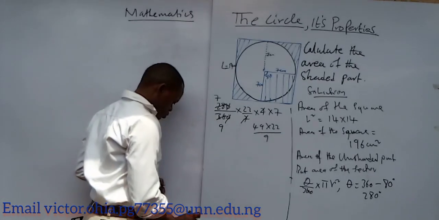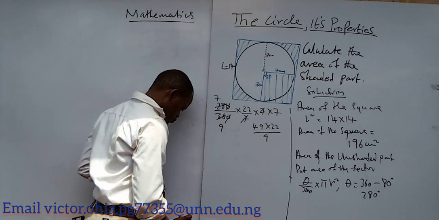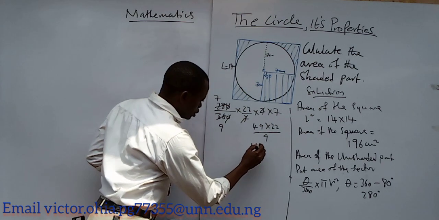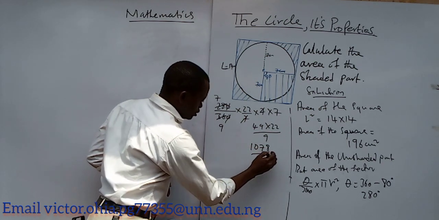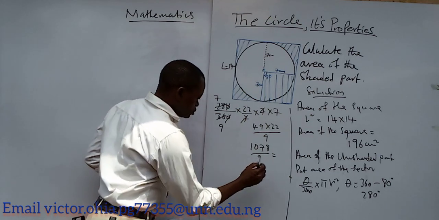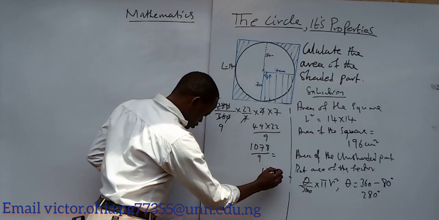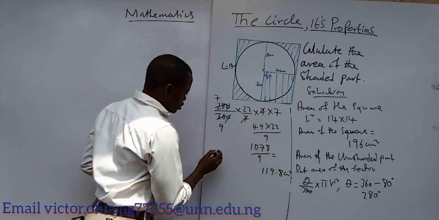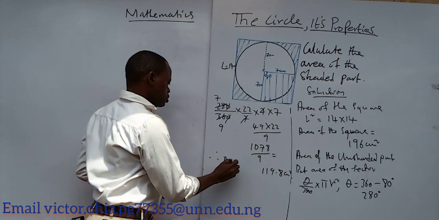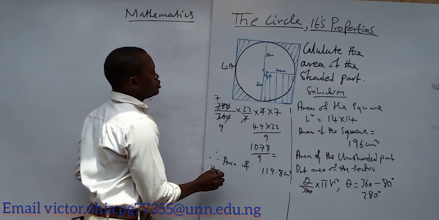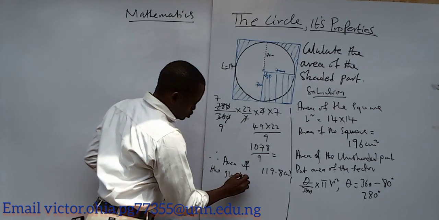By my calculation here, 49 times 22 will give us 1078, divided by 9, and we have 119.8 approximately cm squared. You now say therefore area of the shaded part